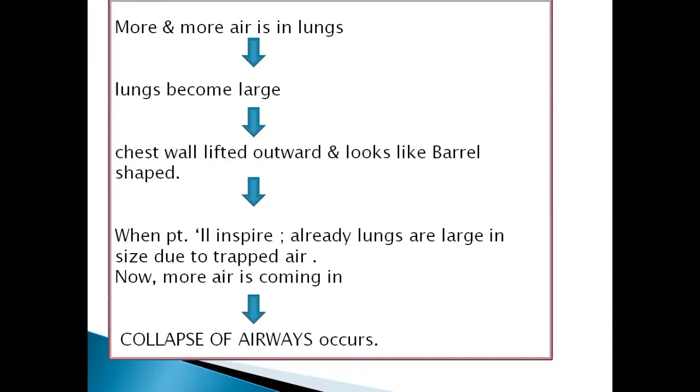Whereas in restrictive, what is happening? We had discussed, when we inspire, airways are normal. When we inspire, what is happening? The lung parenchyma is not able to expand. Lungs are not able to expand since lungs become fibrous. So there will be stiff lung and no expansion of the lungs. Okay. So this is about the obstructive and the restrictive disease. And for a better explanation of all the diseases, we will study later in the further videos.